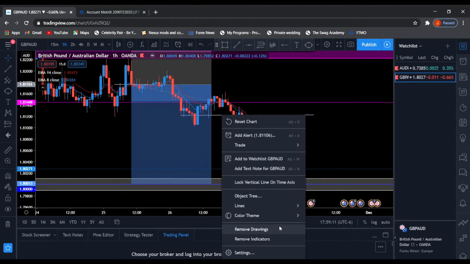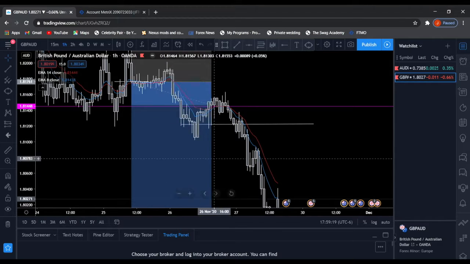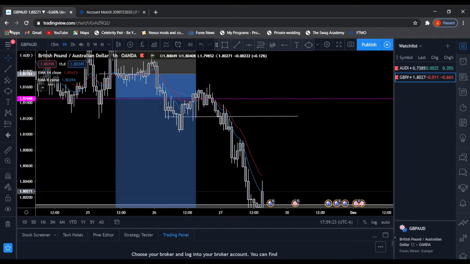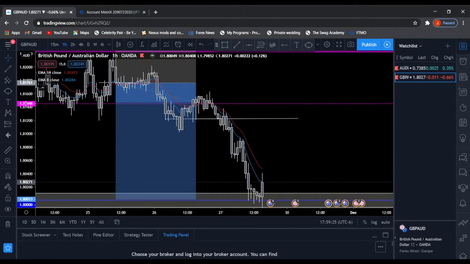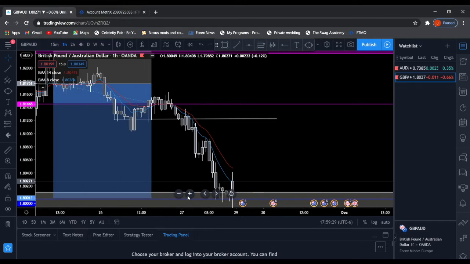I go to the color theme, and I got my own color theme called psychology candles, and they look like this. So I don't have no colors. I don't get scared when I see price retrace or anything. I just let it play out with this color theme, so my emotions don't get involved. So you can see it broke